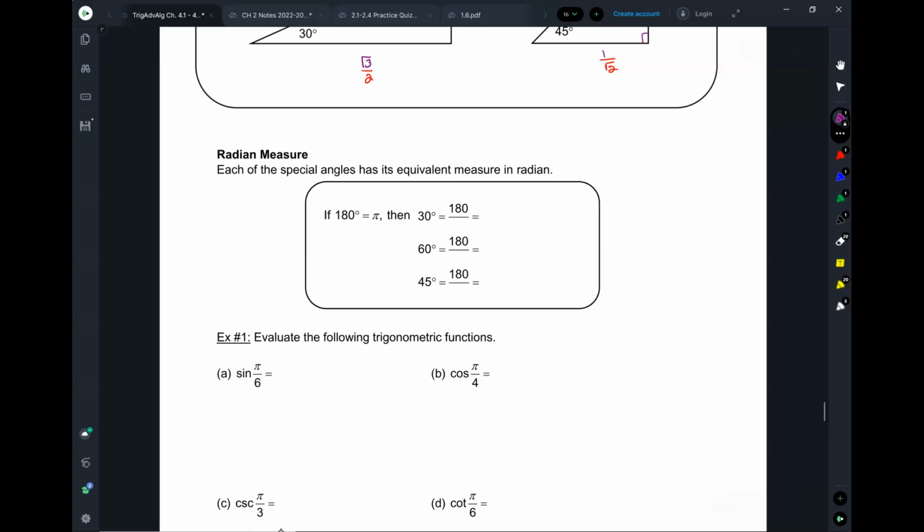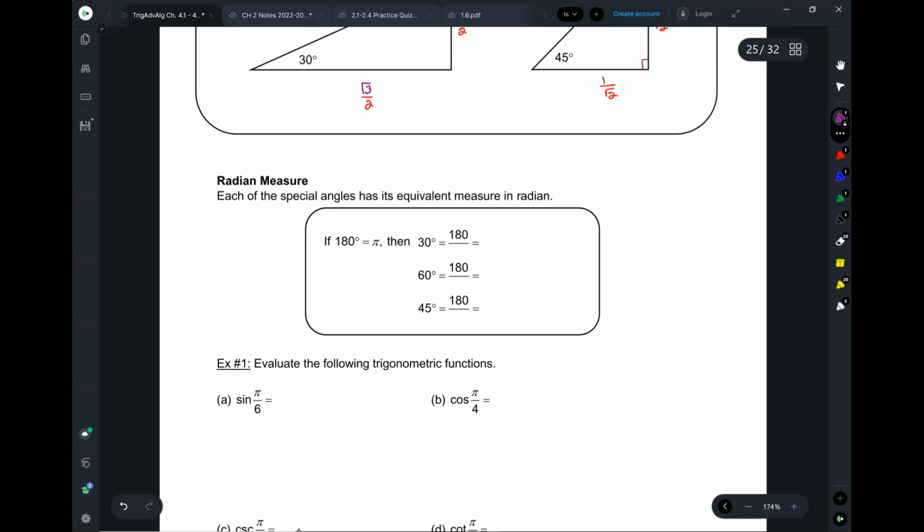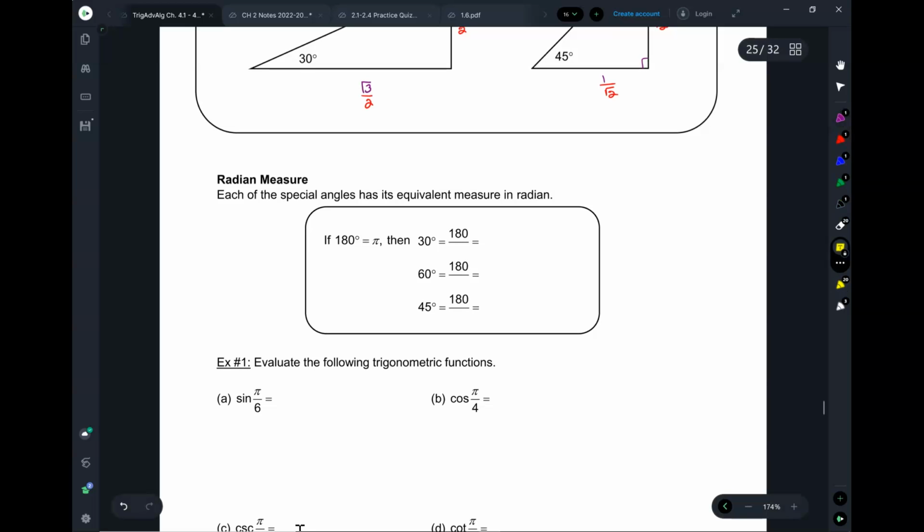Let's talk about radian measure. Now let's remind ourselves how to go back and forth between degrees and radians. Remember what we said before, that 180 degrees is equal to pi. 180 and pi are the same, yes? So what does 30 degrees equal to then? If you have 30 degrees,